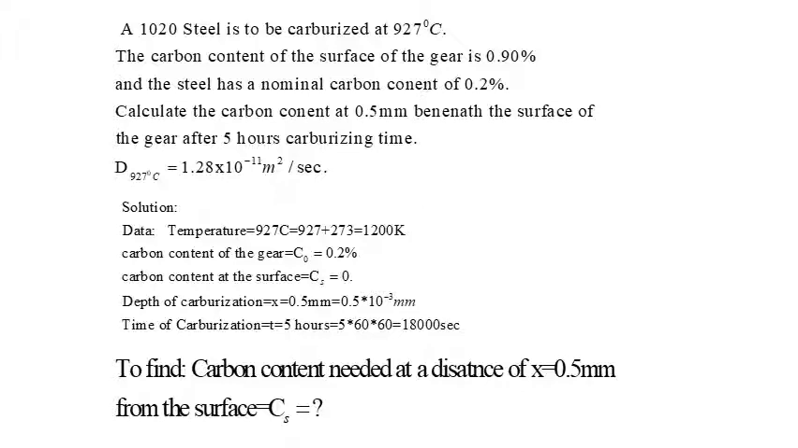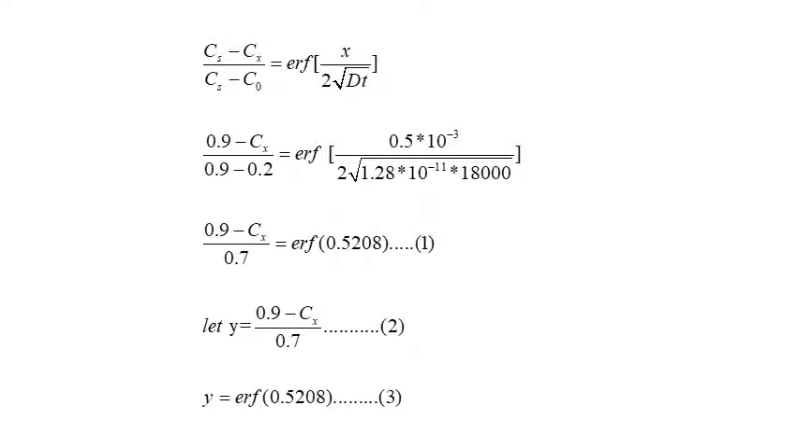We need to convert that to seconds. Now we need to find Cx, the carbon concentration at a distance of x. In order to calculate that, we have Fick's second law: Cs minus Cx divided by Cs minus C naught equals error function of x under root Dt. Substitute everything here: 0.9 minus Cx divided by 0.7 is equal to error function of